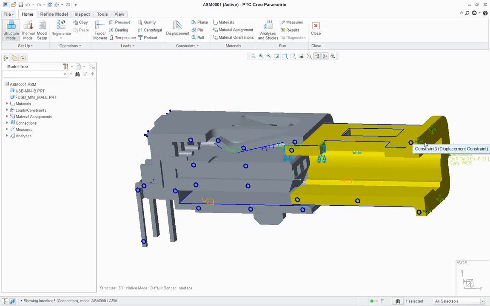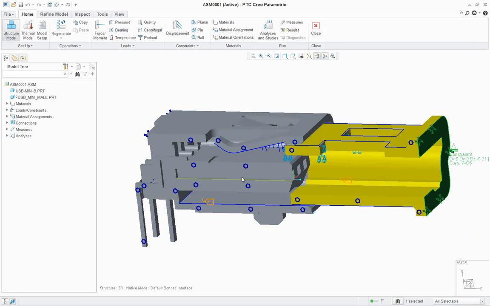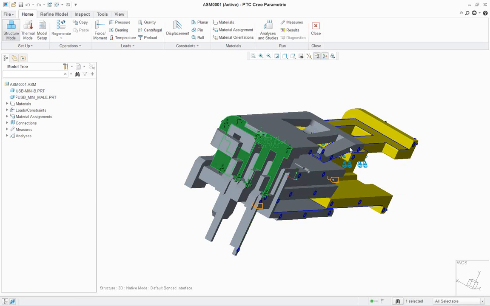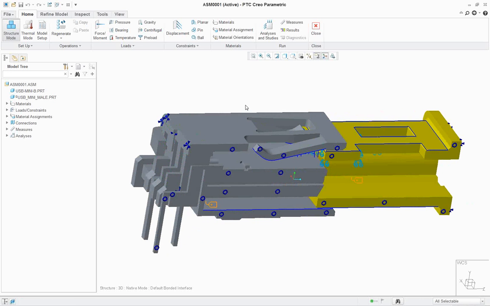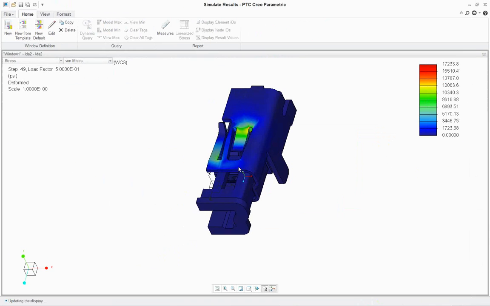And all we have here is basically a constraint on this side telling Simulate to push this yellow piece 0.21 inches in, and over on the back side over here, this is completely fixed. And so we're basically pushing the yellow piece into the gray piece. And now we can take a look at the results. These results are going to load for a couple seconds here because this has a fairly big results file. But when it pops out, it'll give us a very good understanding of how stressed the entire model is. So if I pull this in here, what you'll see is